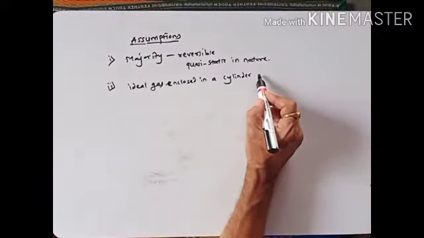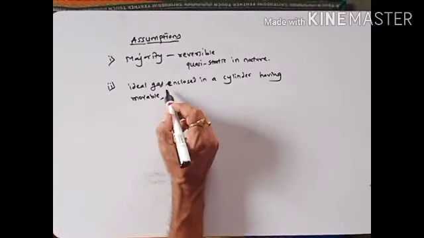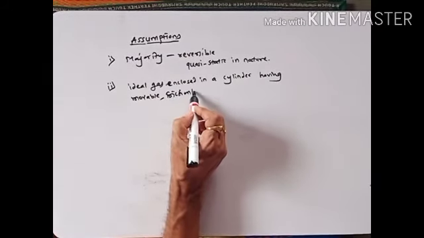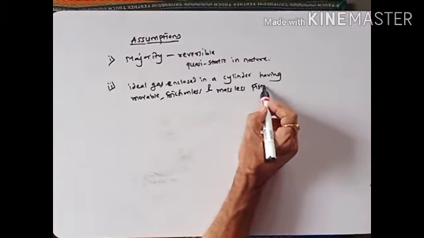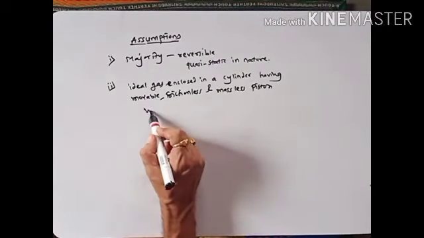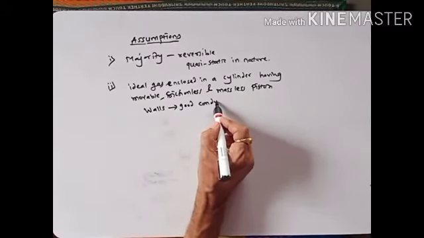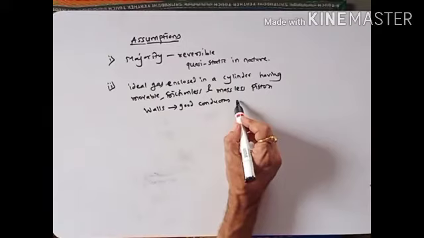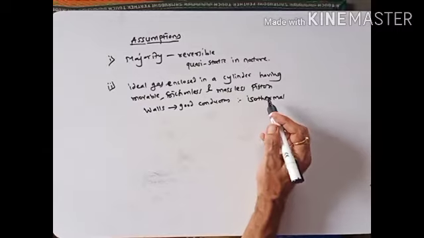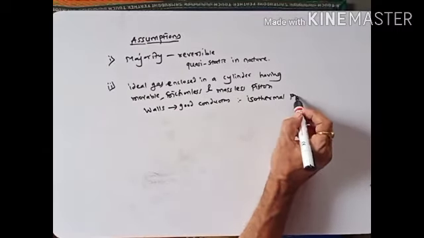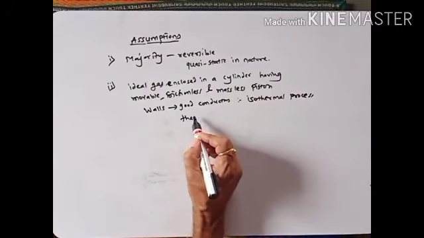The cylinder has a movable, frictionless and massless piston, and also the walls of the cylinder. Walls are good conductors for the isothermal process, because for the isothermal process, walls are good conductors, and thermally